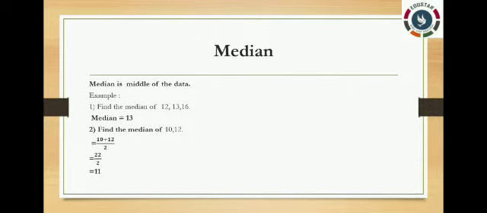If we have 2 or 3 data, it is easy to get the answer directly. But when the given data is 5 or more, it is difficult to get the direct answer. In this case, we will use the formula of median. Let us see the steps and the formula of median.